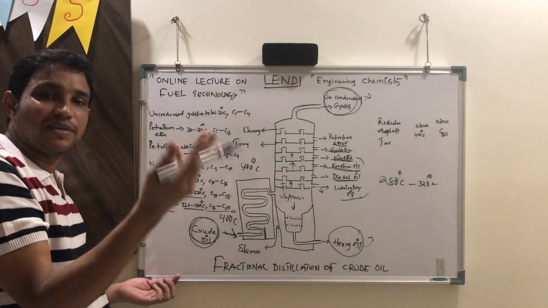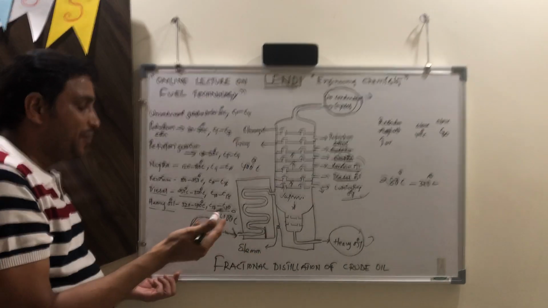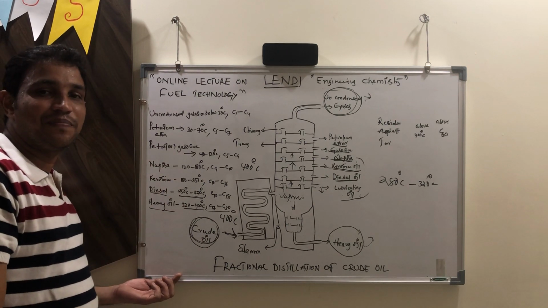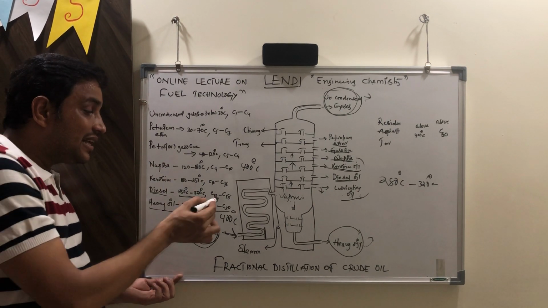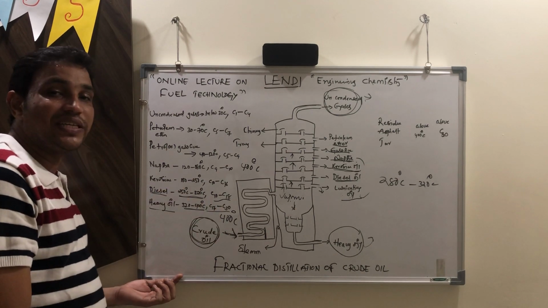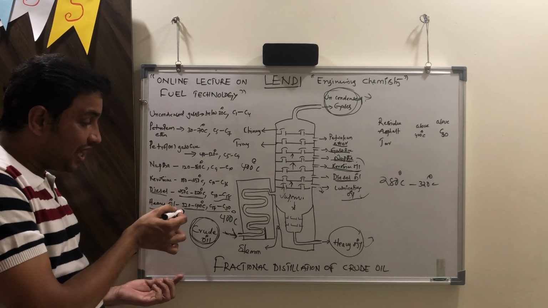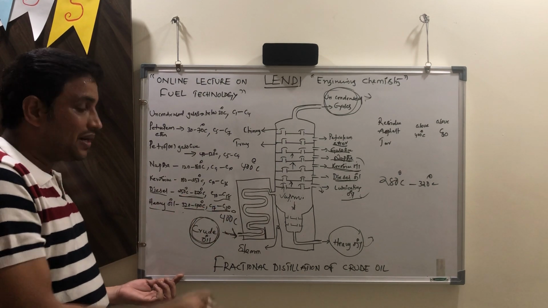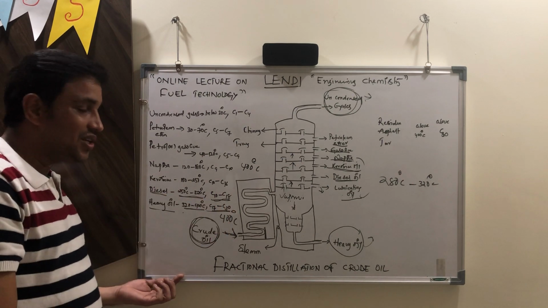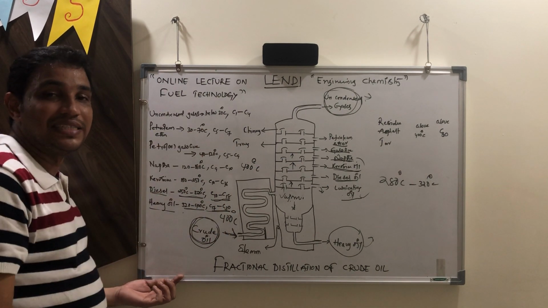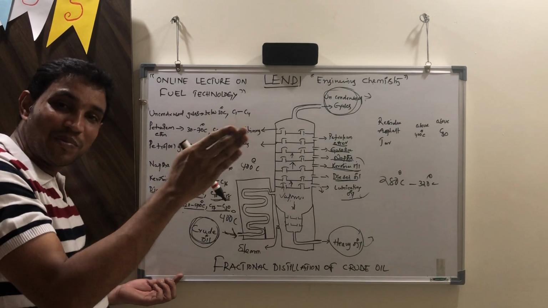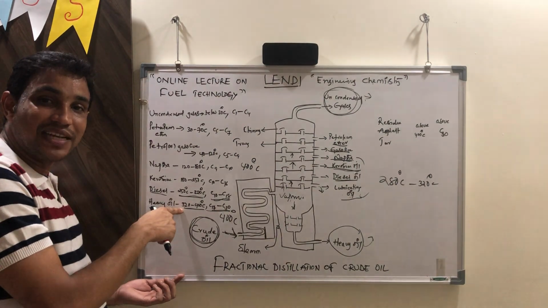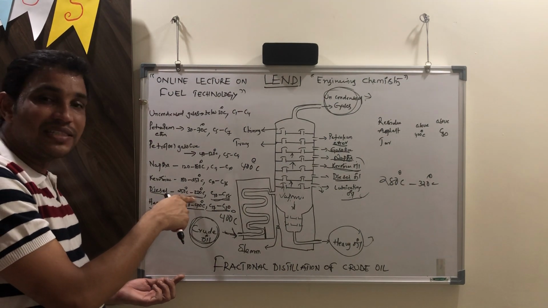At that reduced temperature, some fractions obviously become liquid. Which fraction becomes liquid at that temperature? Diesel is the fraction. Diesel contains C10 to C18, whereas heavy oil contains C17 to C30. The carbon number is decreasing. When the carbon number decreases, the boiling point decreases, because heavy oil's boiling point is 320 to 400 degrees Celsius, but diesel oil has a boiling point of